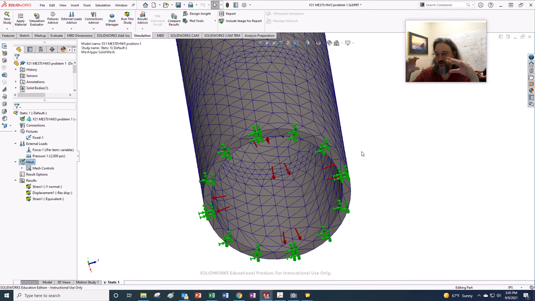So the longer, narrower, and more skewed the elements are, the worse the results. It would be nice to have evenly distributed elements, which look good. I don't necessarily mean evenly distributed up here. I don't need to teach you FEA right now, but we'll get to that. In any case,